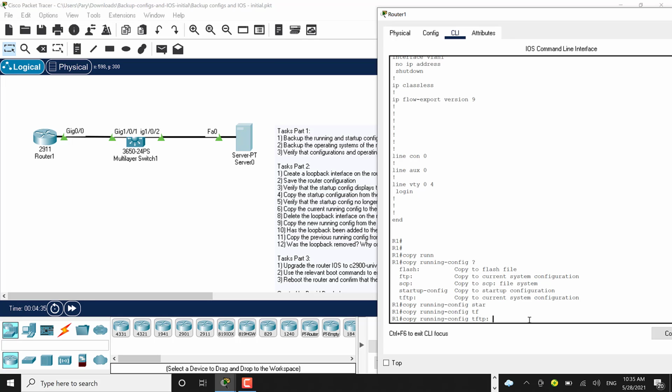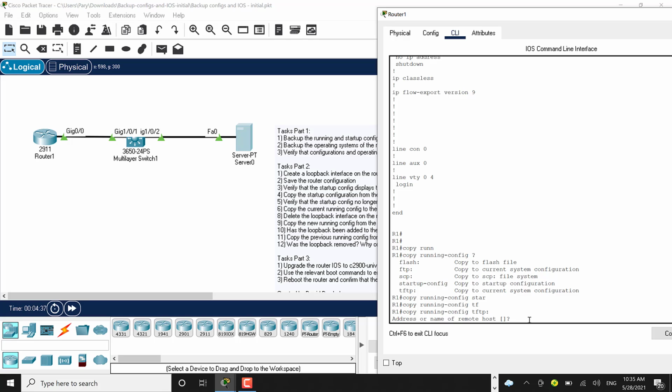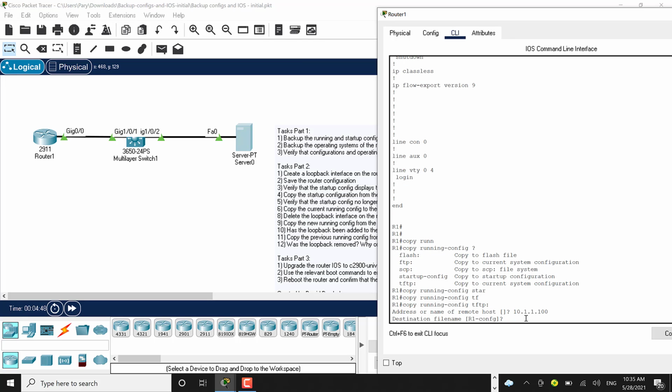Now by the time you press enter, it's going to ask you for the address of the TFTP server, and that was what I showed you earlier. From what I've seen, based on the configuration on this server, my TFTP server is hosted on 10.1.1.100. That's the server. It must be available, and I press enter. Now destination file name. When this leaves the router and goes to the server, what name should it be saved as? This is giving you a default, but I'm going to give it my own name, so I'm going to call it router1